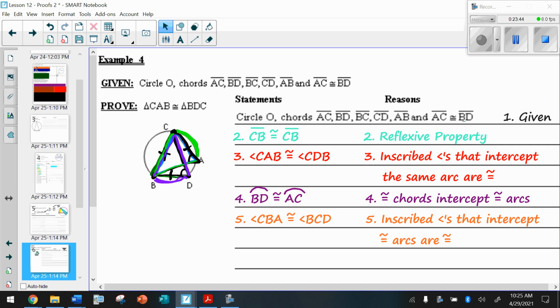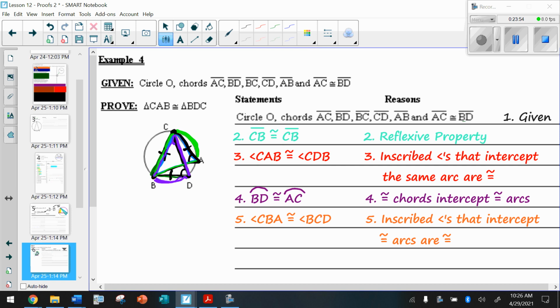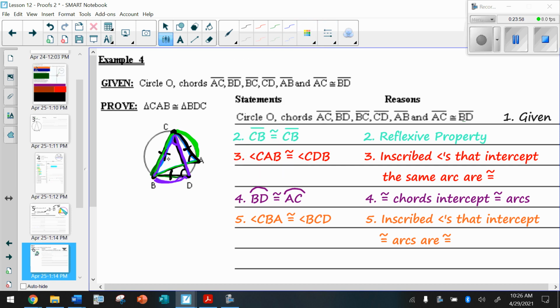Now with all that done, with those angles congruent to each other, that one there, and that one there, now we have angle-angle similarity, or angle side,